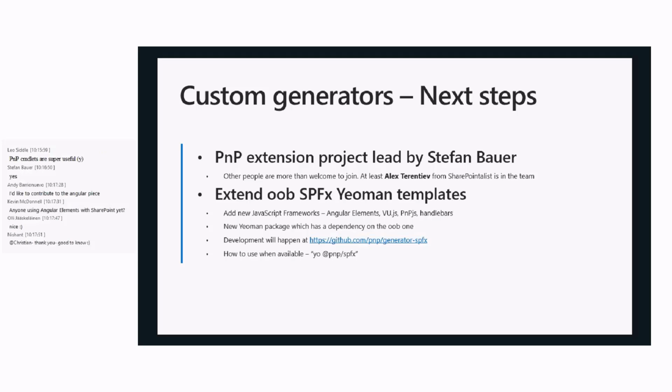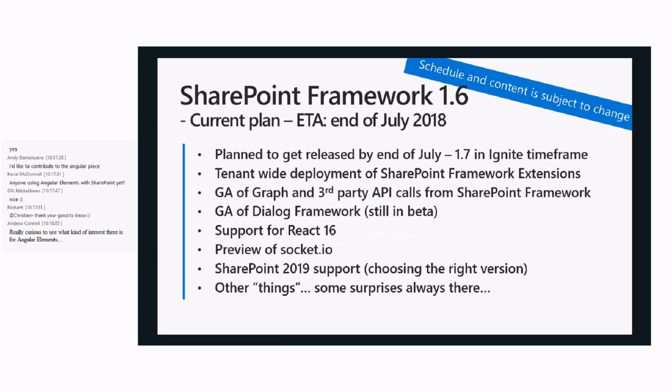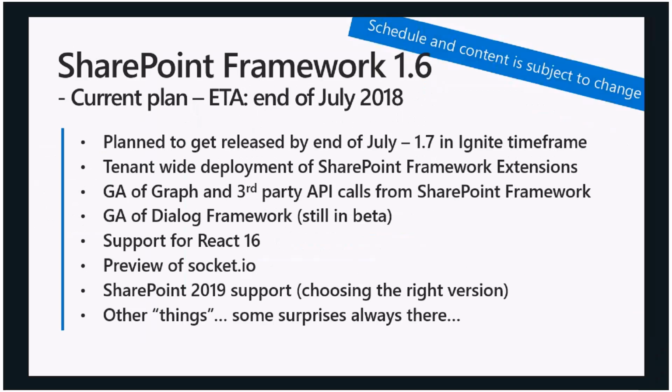Now, the one thing I promised to actually talk about on Twitter, like 10 minutes before this call, but I created the slides slightly earlier today, was also the current plan for 1.6. So 1.5 went live 2 days ago on Tuesday. 1.6 is planned to go live at the end of July. So not too far, it's like, what, 1.5 months roughly from now. But what we're planning to do is that 1.7 is then coming out at Ignite. So hopefully we can get this 1.6 out before the Ignite release, and this one will then add additional capabilities,